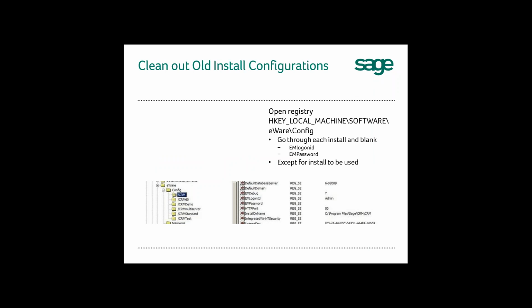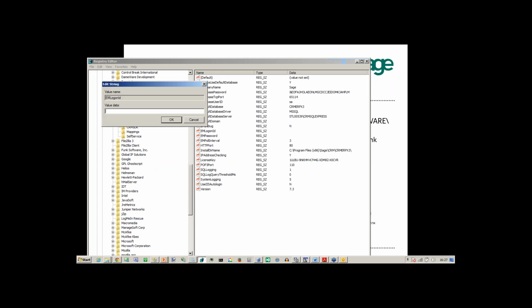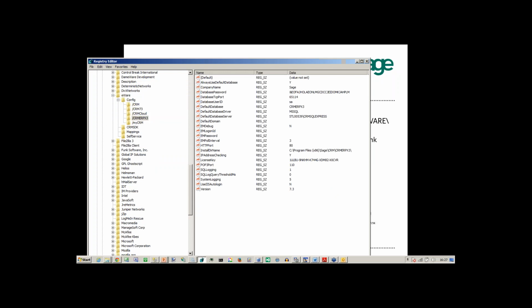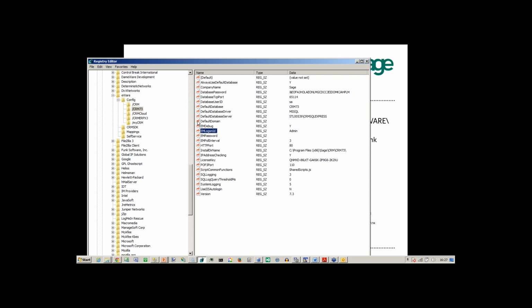And we strongly advise that if you are working in a demo environment, clear out those old install configurations by removing where you've got the logon ID. So the only one in your instance, as it is here, that should have the logon ID recorded should be the instance of CRM that you intend to use with the